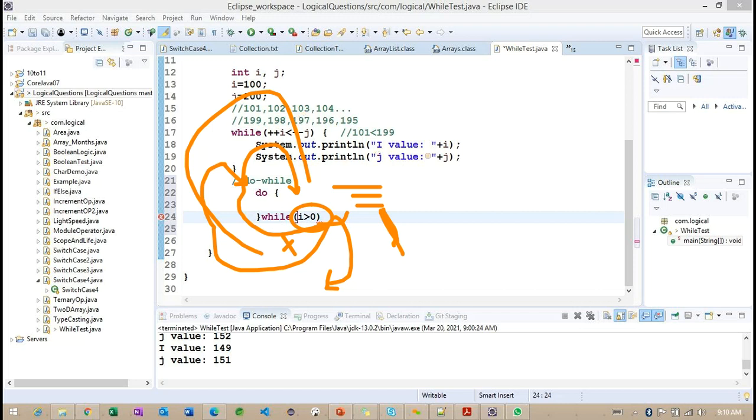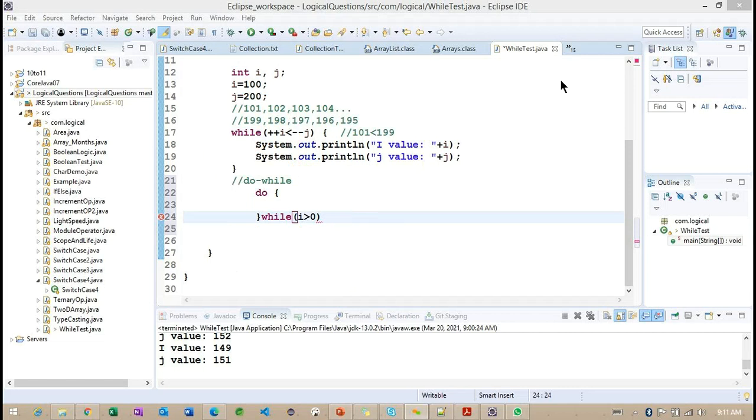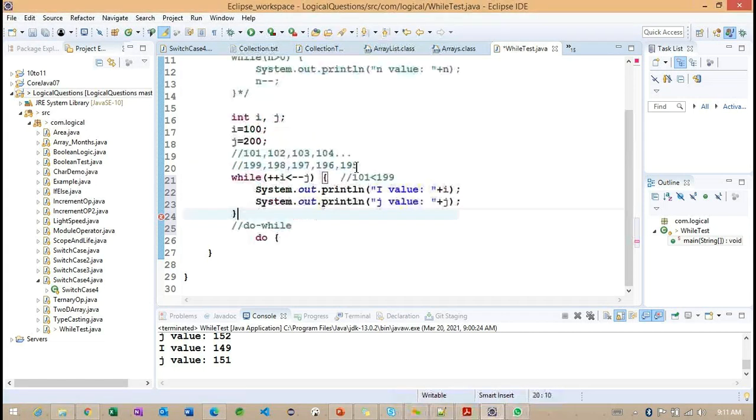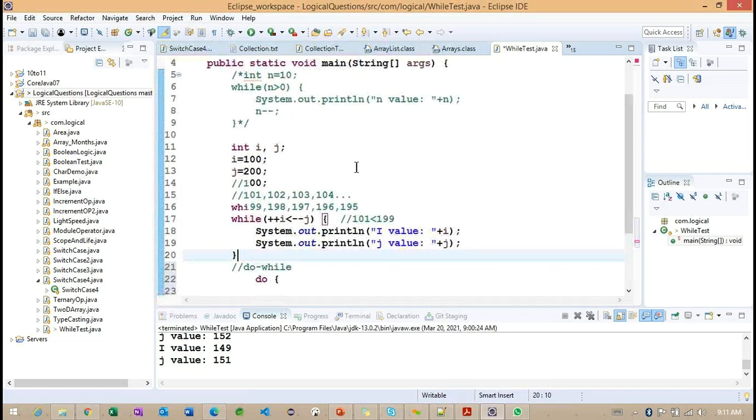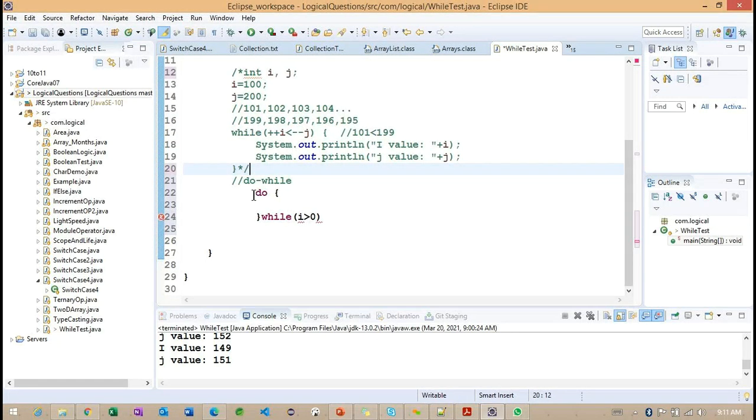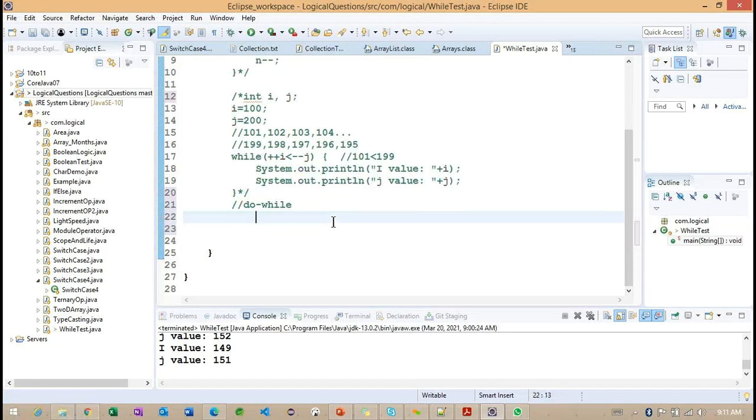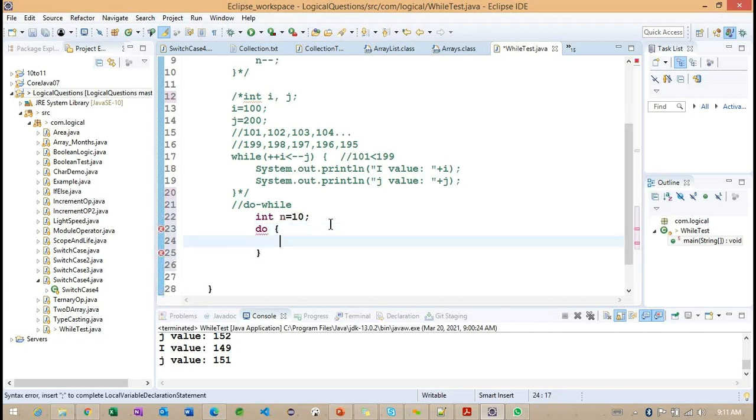Okay, sir, can I add a simple example? Yes. Observe here. I'm taking int n = 10.